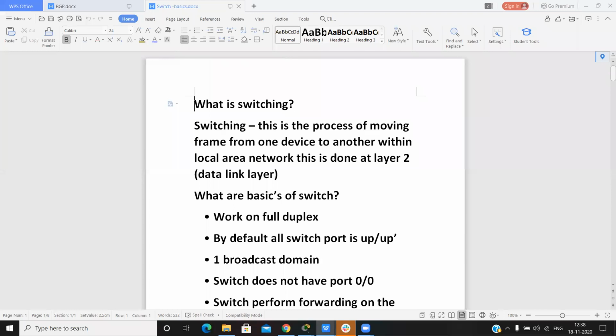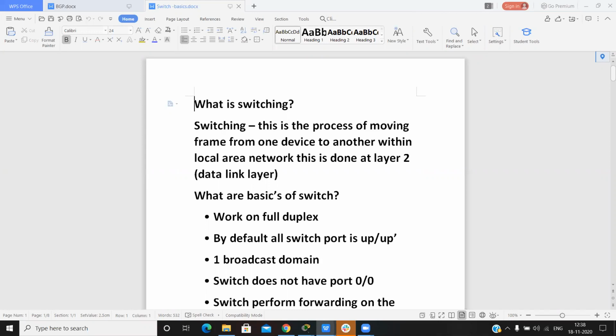Okay, so what is switching? Switching is the process of moving frames from one device to another device within a local area network, and this is done at layer 2. In this we can move frames from one PC to another PC in a local area network.